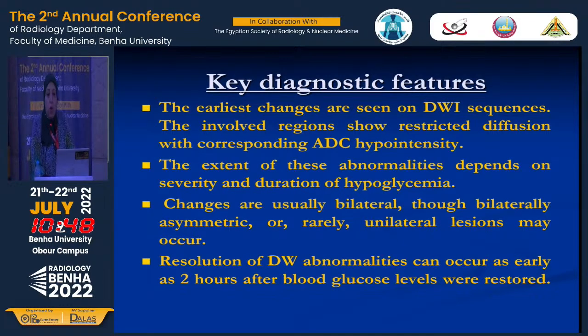Because the changes could be reversible. All the changes on diffusion can be reversible within 2 hours after correction of the blood sugar level. So parieto-occipital lobes with restricted diffusibility have only 2 differential diagnoses, ischemia and hypoglycemia, and don't forget hypoxic ischemic changes in neonates. You have to check a blood sugar profile in a neonate or in an adult with this characteristic